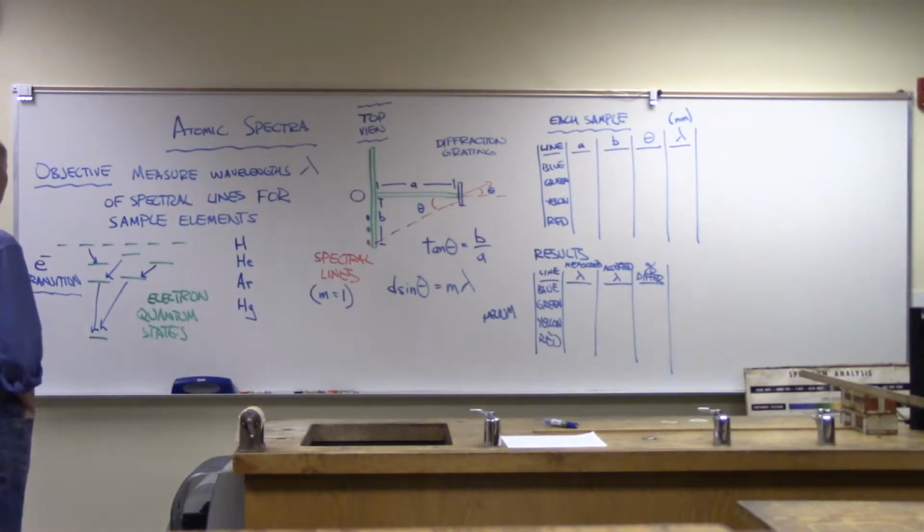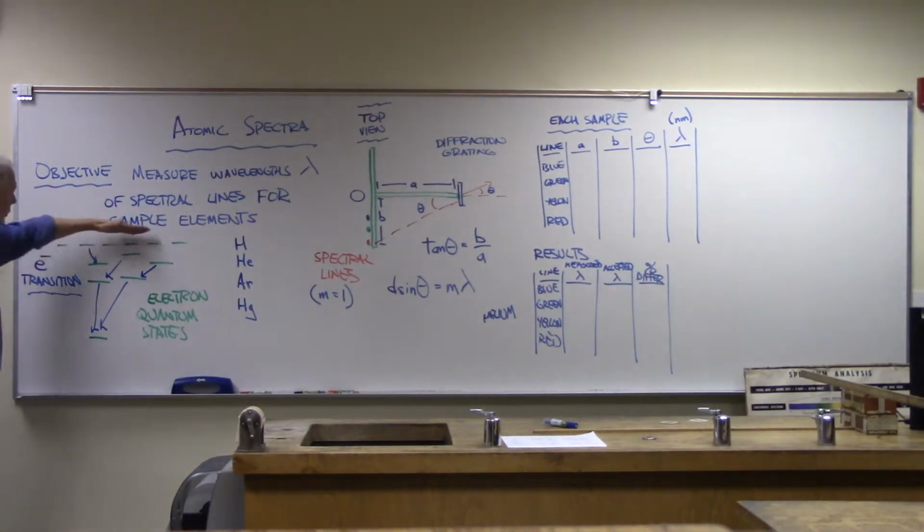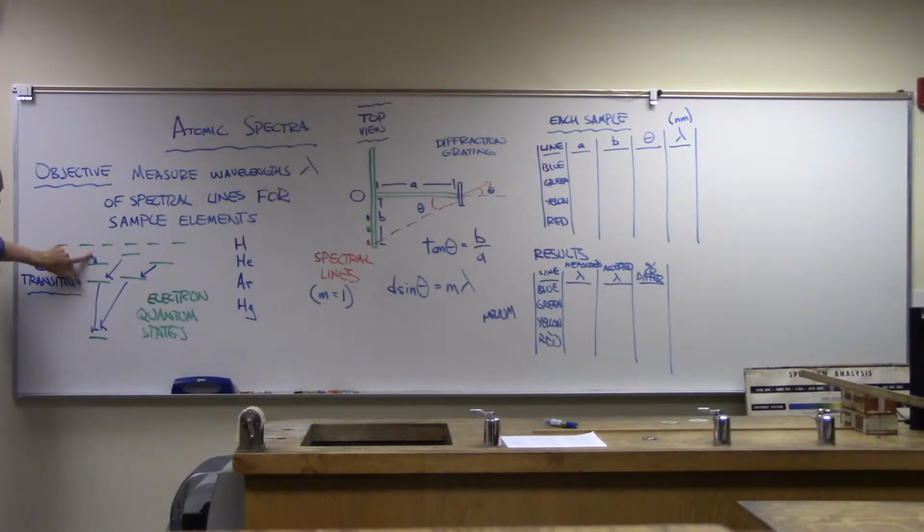Now for each of these different elements, there's going to be some number of different quantum states. What I've tried to draw here was the ionization level. I don't know how well I did that. Let me remove this transition. What we're trying to say is that there's a set of different quantum states. Maybe this is 1s, and 2s, and 3s, and this is 2p, and this is 3p, and this is 3d,